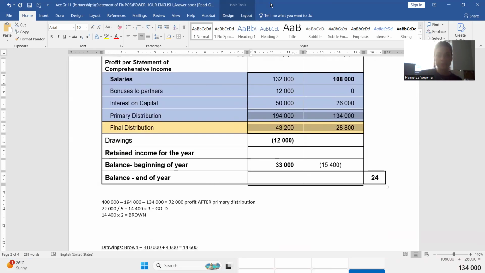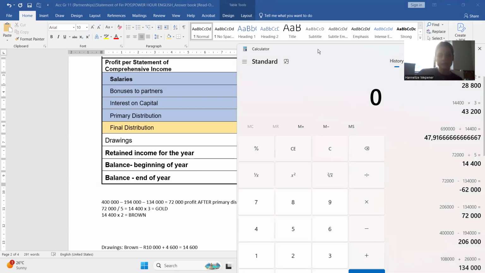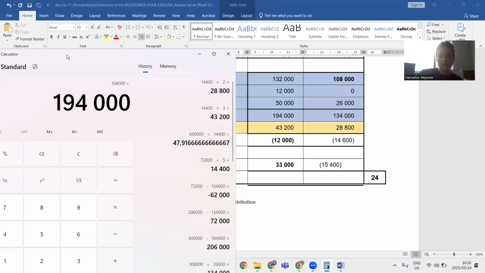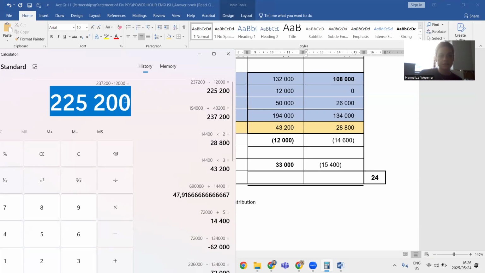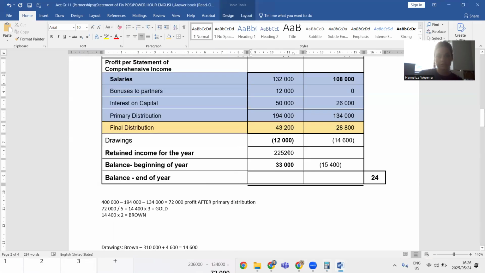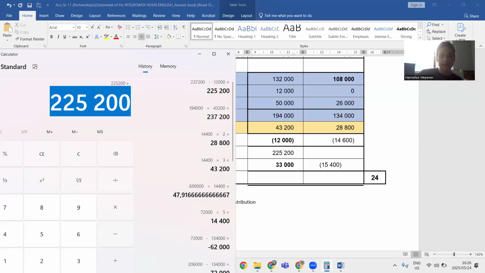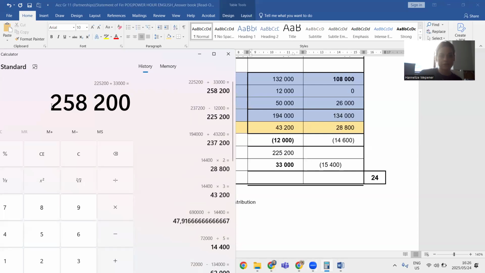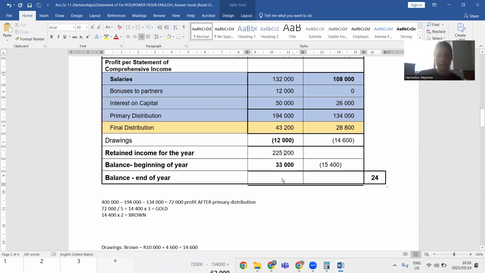Right, so that means because we are now done with all of the adjustments, the drawings that we calculated for Brown, the 14,600, is indeed her final drawings for the year. So primary for Gold plus final for Gold minus his drawings equals his retained income for the year. So that's what he did not withdraw. Then we also had at the beginning of the year for him 33,000. So we are adding that on. We're not forgetting about what he had last year. So he's ending on a balance of